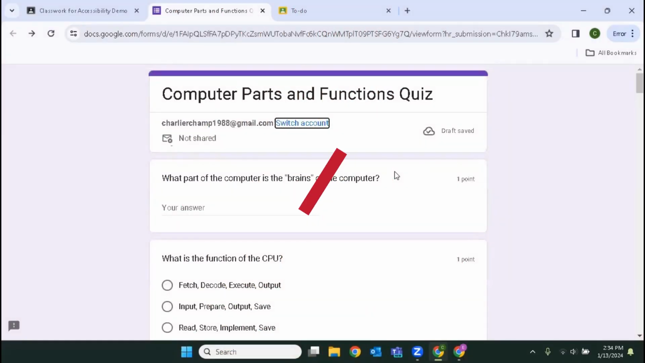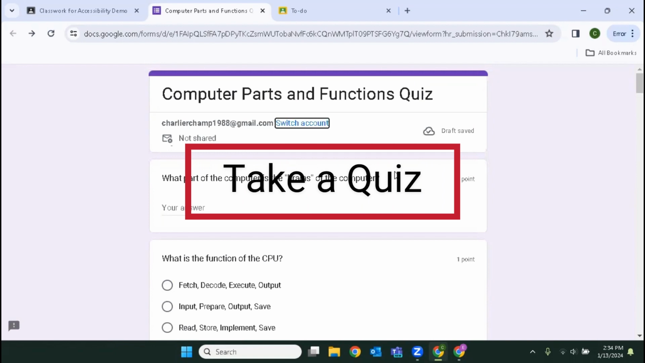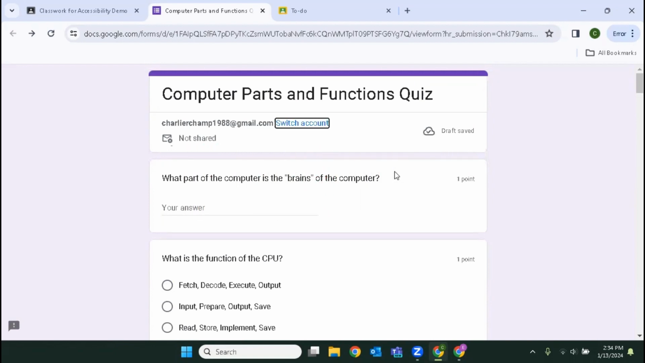Help me compare document. Okay. Escape. Computer parts and functions quiz heading level 1. Okay, we are in the quiz. We're at the top of the quiz, and what we can do to quickly navigate through the questions is